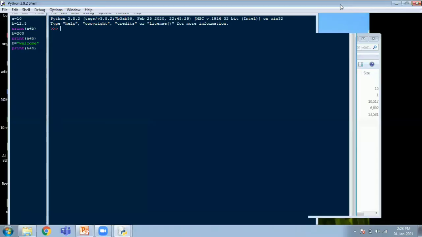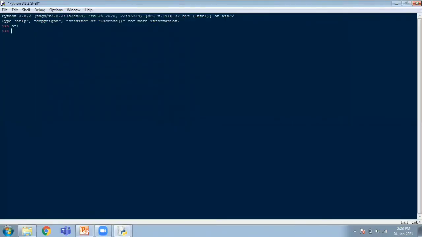So let us check this out. Let me give A is equal to 1, B is equal to 2, C is equal to 0, and I'm giving an expression A plus B minus C. So this is evaluated to 3, but now we have not assigned it to anything. So let me give x is equal to A plus B minus C. Now there is nothing printed because you have assigned it to another variable. Now the variable gives you the value. Right? You cannot do it reverse. A plus B minus C is equal to x is not correct. You cannot assign it to an operator. The L value should be the variable and the R value, that is right side value, should be an expression. It can be any expression.